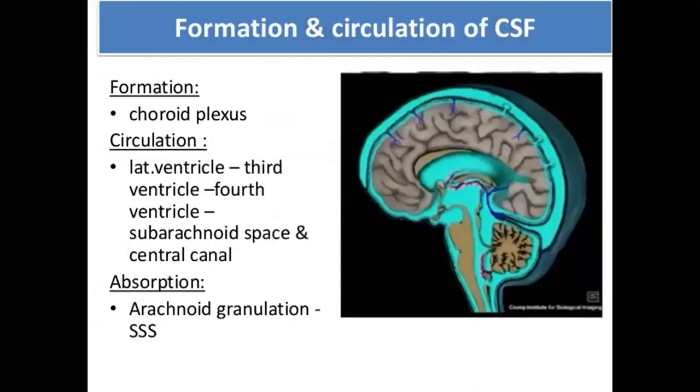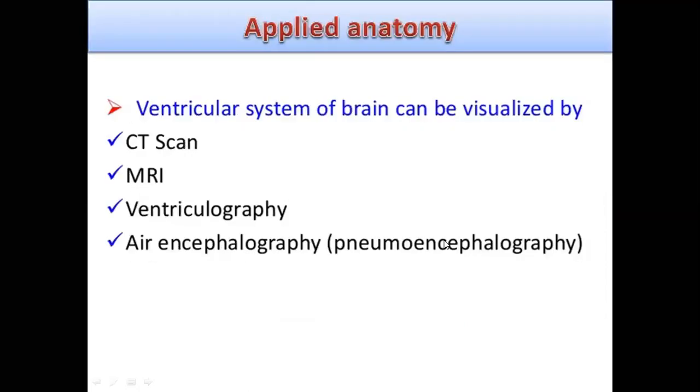Now here in this diagram you see CSF, which is mainly produced in the lateral ventricle and partially in the fourth ventricle. The lateral ventricle enters into the third ventricle through the foramen of Monro. From the third ventricle it goes to the fourth ventricle through the cerebral aqueduct. And yesterday I told you, from the fourth ventricle through one foramen of Magendie, the middle foramen, and two lateral foramina of Luschka, it enters into the subarachnoid space. That is how the CSF is circulated.